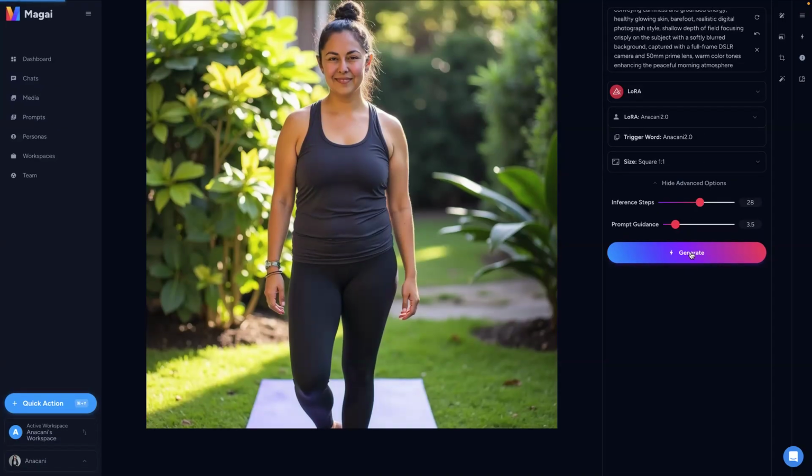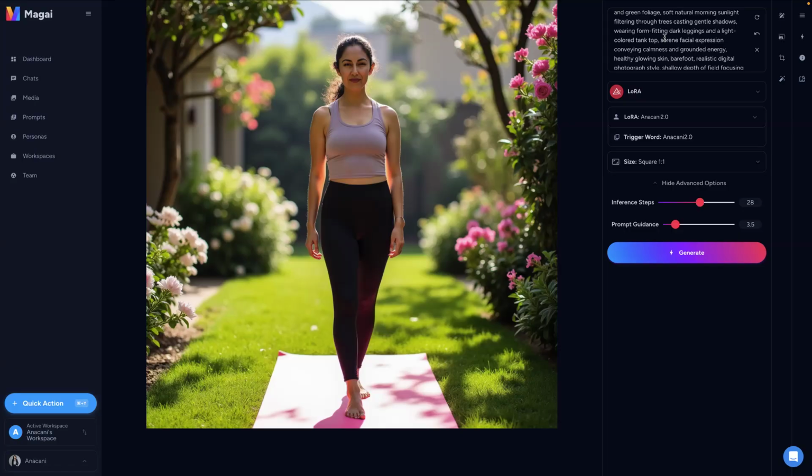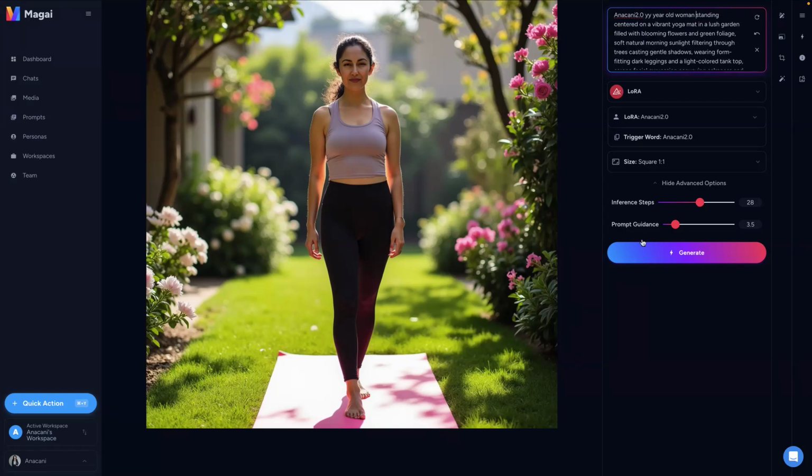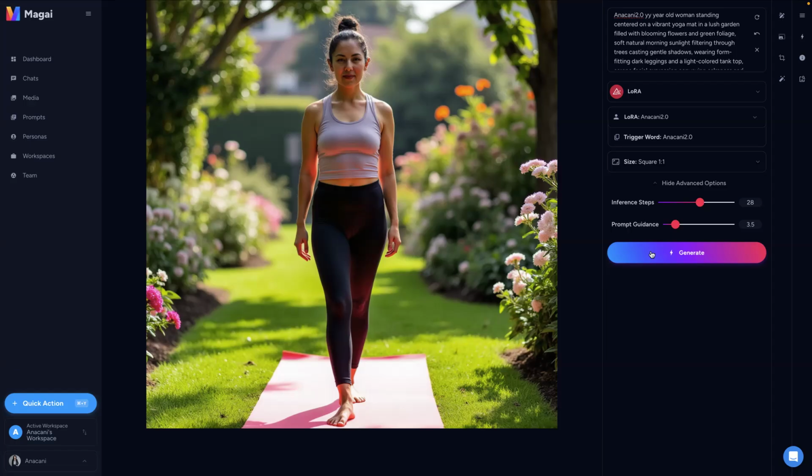And you can change, like if you don't like what it chose for you, like the outfit you're going to be wearing. It had me wearing dark leggings. Very, very different. And this is where I would put Anacani, 44-year-old woman. And notice the difference that it puts on my face. Like it doesn't make me look like I'm in my teens. Okay. And then you can decide when you find the one that you really like.